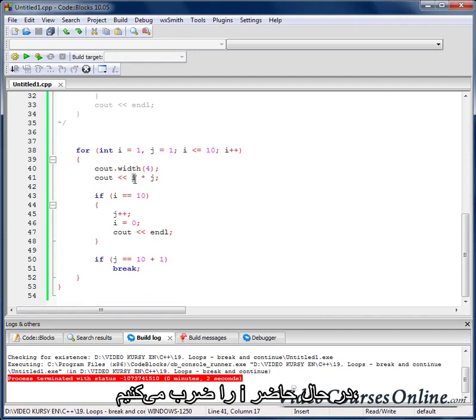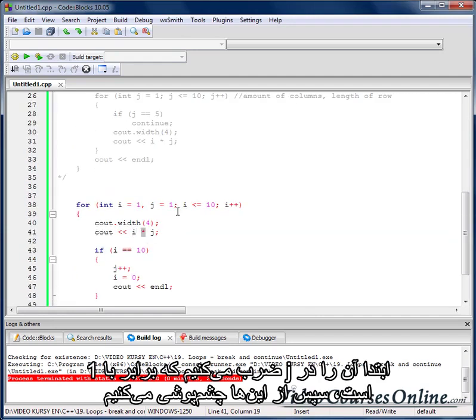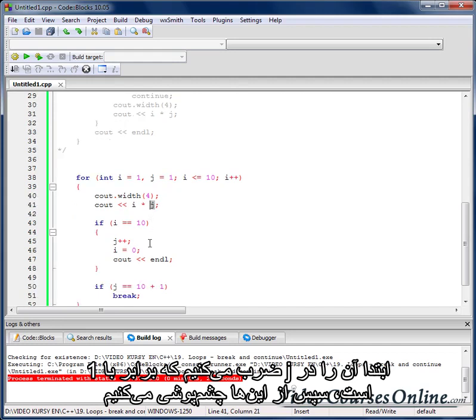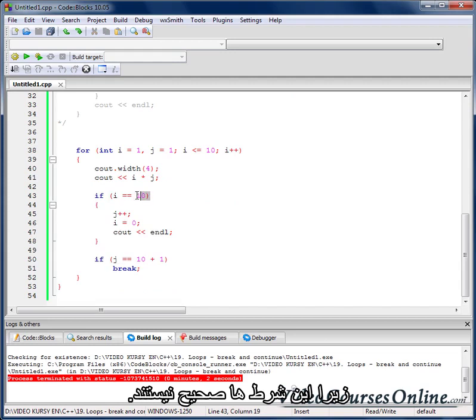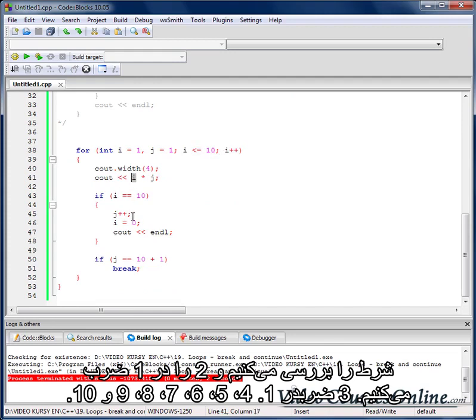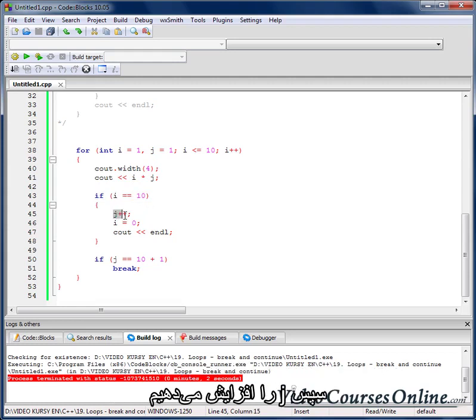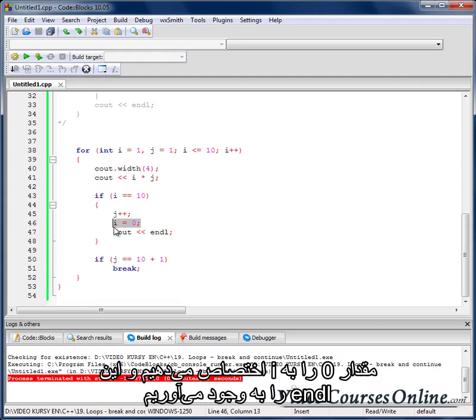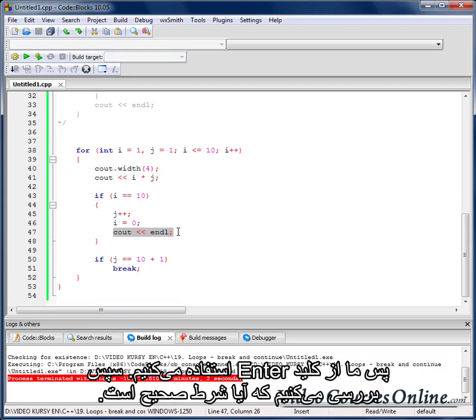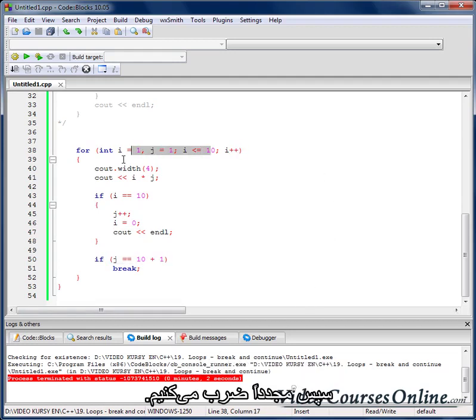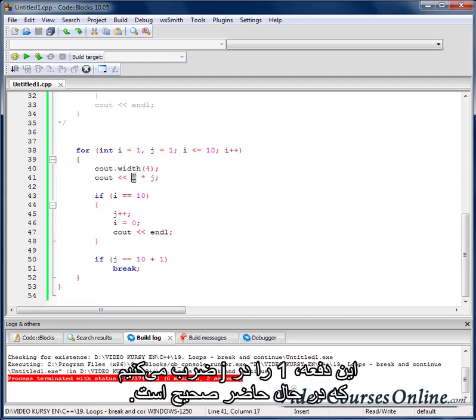So right now we are multiplicating I, so at the beginning 1 by j, which is 1, and after it we are just skipping those guys here because the conditions are not true, they are false, and we are increasing I, we are checking condition, and we are multiplicating 2 by 1, 3 by 1, 4, 5, 6, 7, 8, 9, 10, and finally when it's 10 we are checking that condition is finally true, and we are increasing j, we are assigning to I 0, we are creating the end line, so we are creating the enter, and we are checking that condition which is not true,